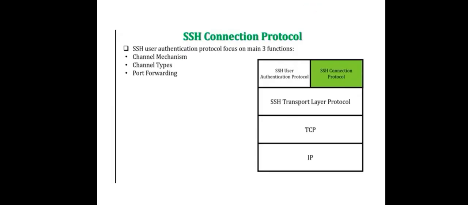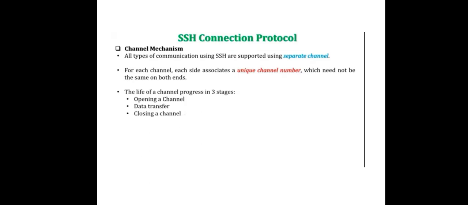And the next protocol is the SSH connection protocol. In this connection protocol, there are three main functions. First one is channel mechanism, second one is channel types, and third one is port forwarding. About channel mechanism, let's see. All types of communication using SSH are supported using separate channels. In this function, for each channel,